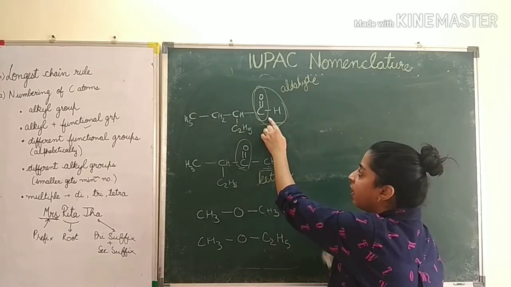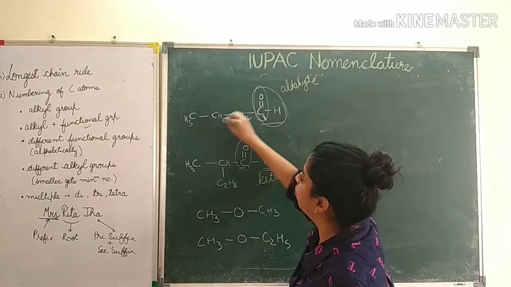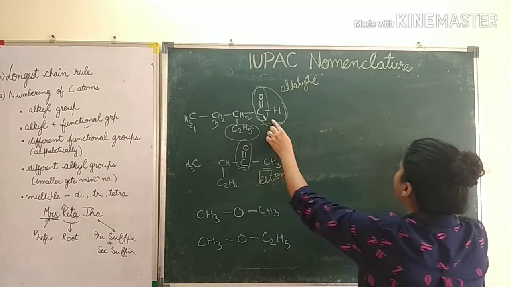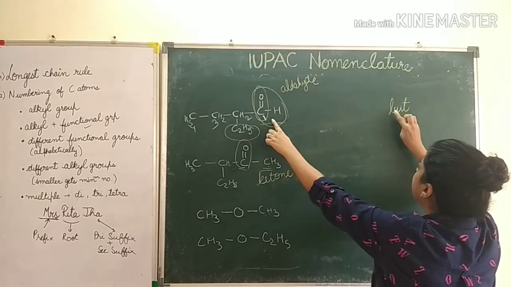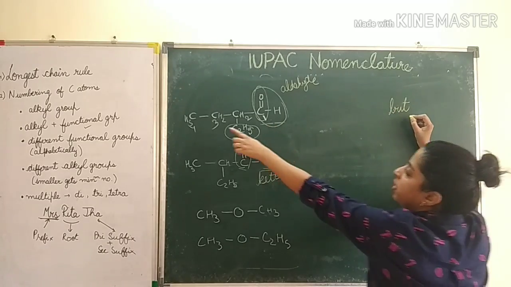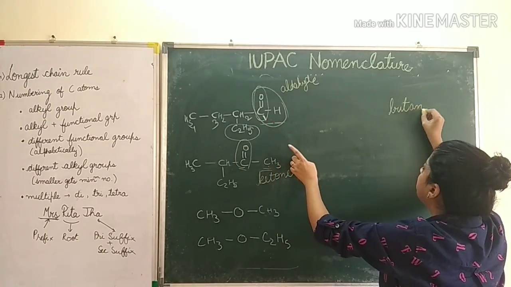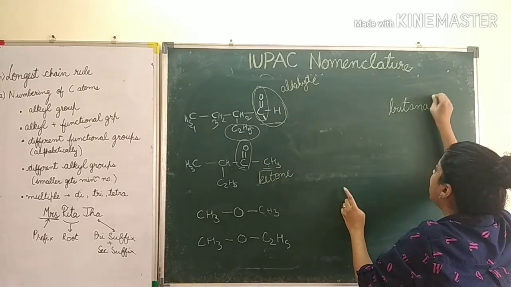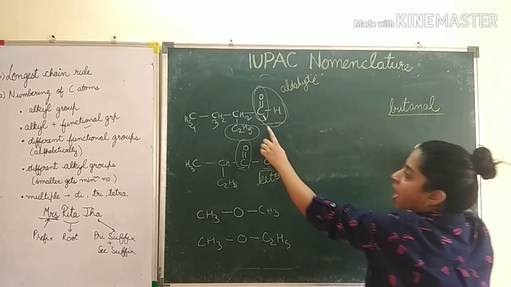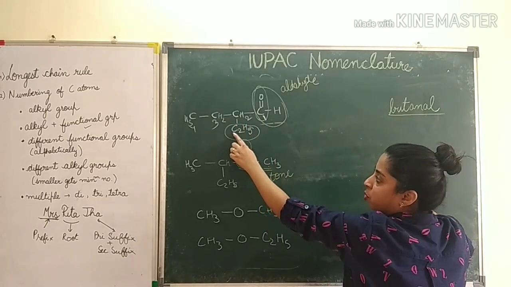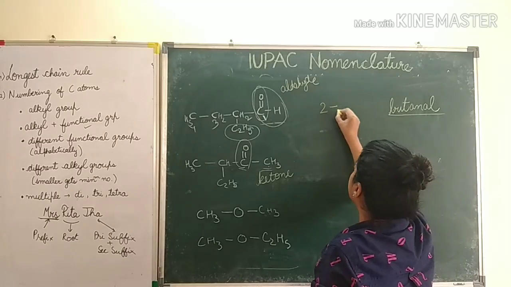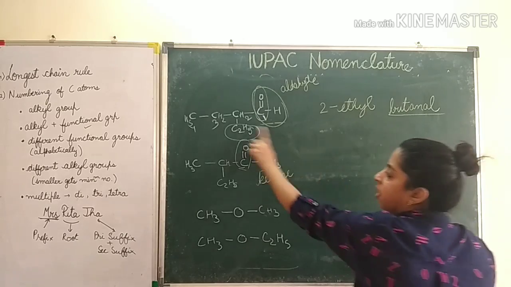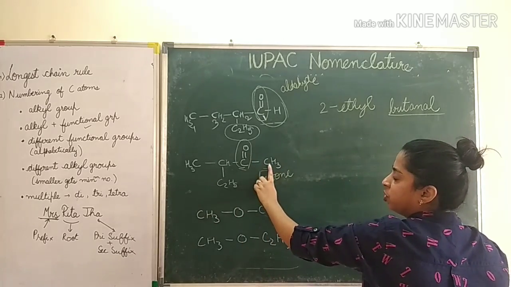So since it is an aldehyde, numbering starts from here 1, 2, 3 and 4, and this is the substituent. So 4 carbon atoms, so I will write but. Okay, single bond between carbon atoms, so an. Then I will drop this e, and since it is an aldehyde, I will write al, so it is butanal. And at 2 position I have got ethyl group, 2 carbon है यहाँ पे, so 2 position ethyl group, so 2-ethyl butanal, right?